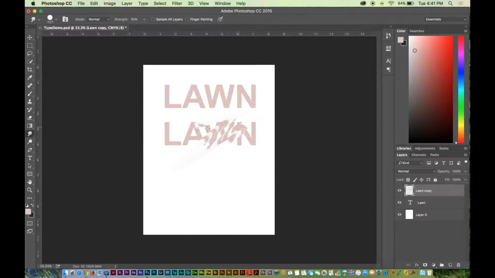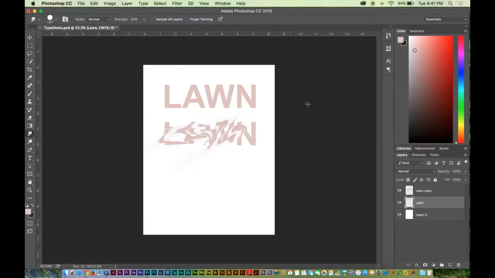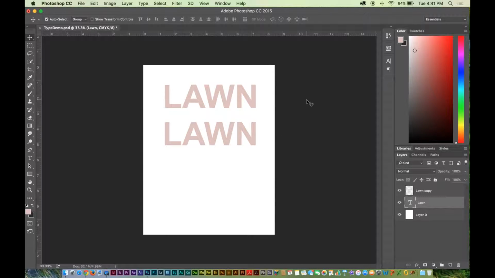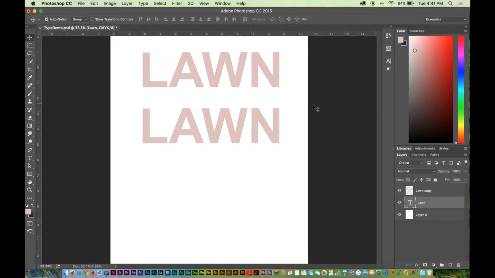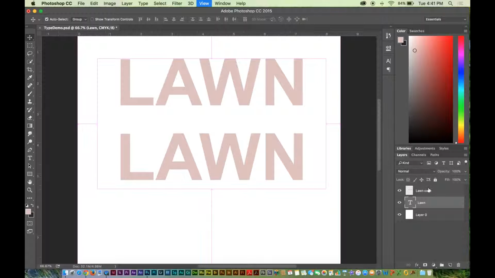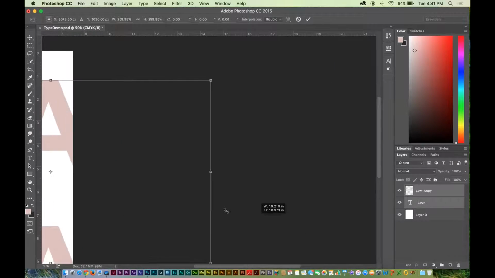So I can only do this type of thing to a rasterized type. I can only edit it with some of the Photoshop tools when it's rasterized. I can't touch it when it's a vector. So that's one of the reasons why you'd probably want to rasterize type. You wouldn't want to rasterize type within Photoshop before you have it at 100% the size that you want. I'll just quick demo it. What I can do is grab both of these type layers, and I'm going to stretch them out as far as I can